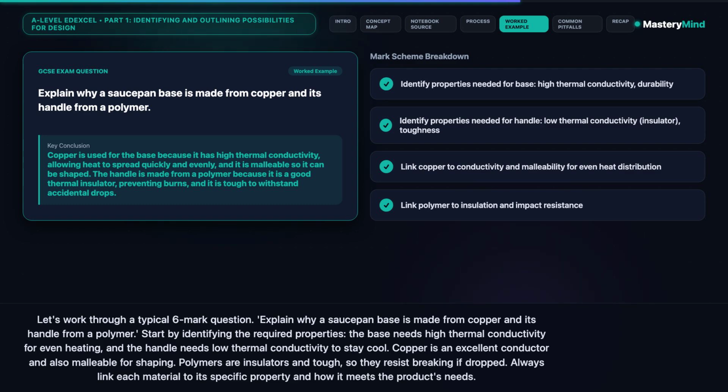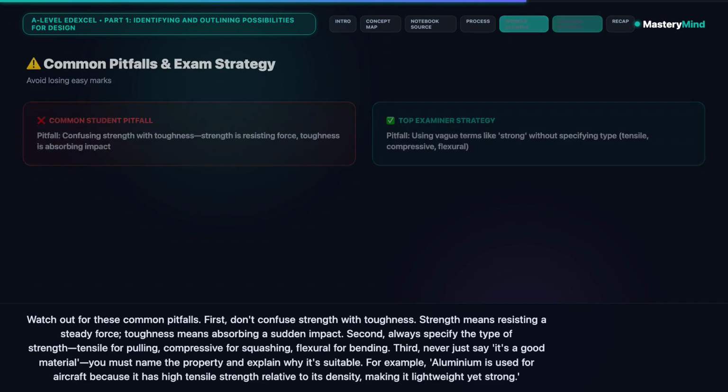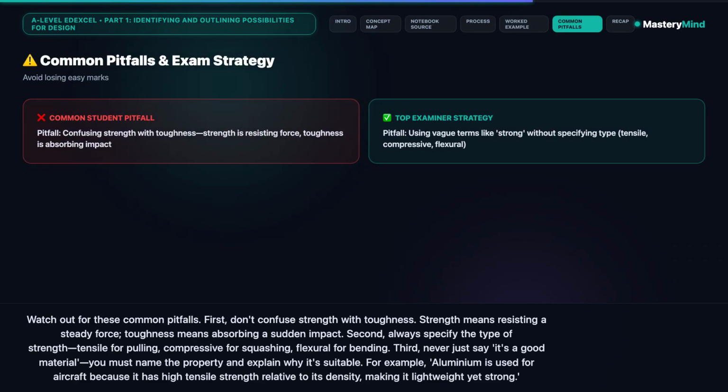Watch out for these common pitfalls. First, don't confuse strength with toughness. Strength means resisting a steady force, toughness means absorbing a sudden impact. Second, always specify the type of strength: tensile for pulling, compressive for squashing, flexural for bending. Third, never just say it's a good material. You must name the property and explain why it's suitable. For example, aluminium is used for aircraft because it has high tensile strength relative to its density, making it lightweight